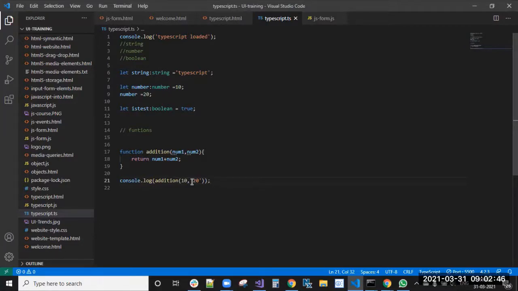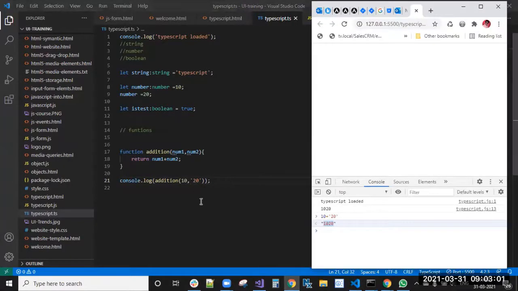For suppose the purchase of products. Some person may have purchased two products, with values 10 and 20, and we are calculating the addition of those two products. The actual result should be 30, right? But it is giving you 1020, which is an error. One product is 10 rupees, the other is 20 rupees, so the cost is 30 rupees only. But here we are getting 1020 because of these JavaScript errors.